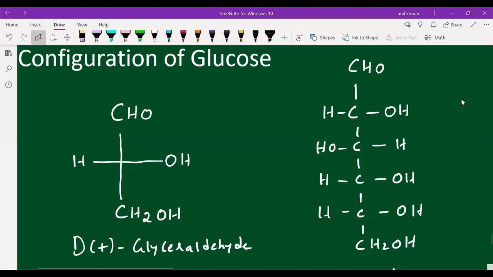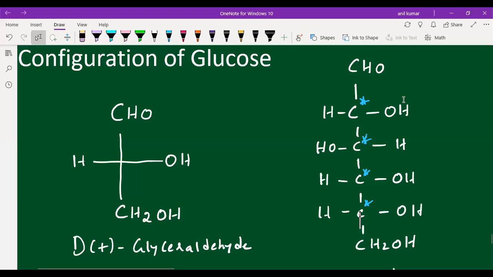Here in this glucose, you can see this is the first asymmetric carbon because it is attached to 4 different groups: above, the aldehyde group; left side hydrogen, right side OH; and below, the entire remaining moiety. This is also an asymmetric carbon. There are 4 asymmetric carbons. Now, the last asymmetric carbon: what is the position of that carbon in the chain? Yes, it is the fifth.